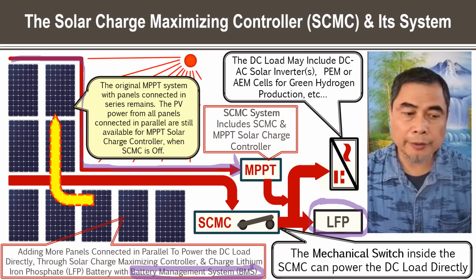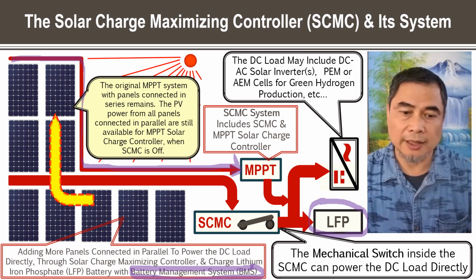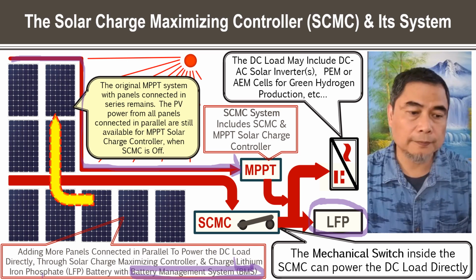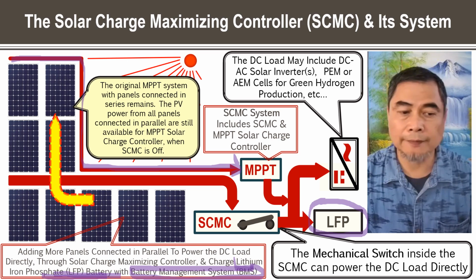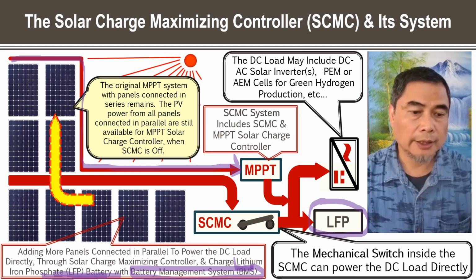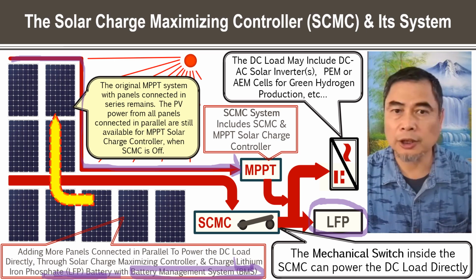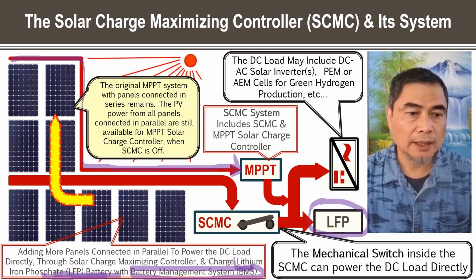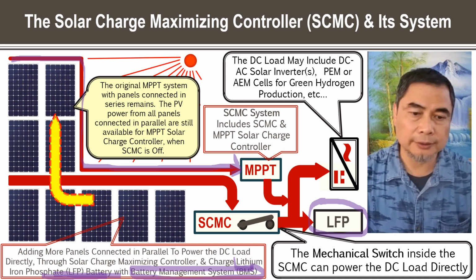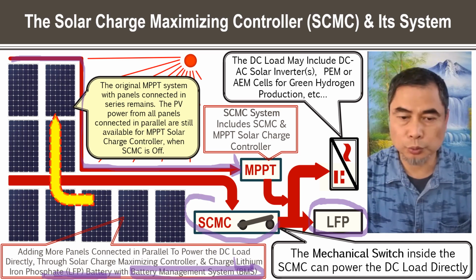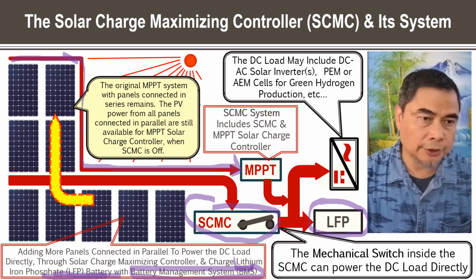This LFP battery always has that built inside. It's called a lithium iron phosphate battery. F stands for Fe, which is iron. So the LFP battery is what we use in the solar charge maximizing controller system. And the most important thing is that this system has a mechanical switch built inside to conduct the high current, on top of the existing